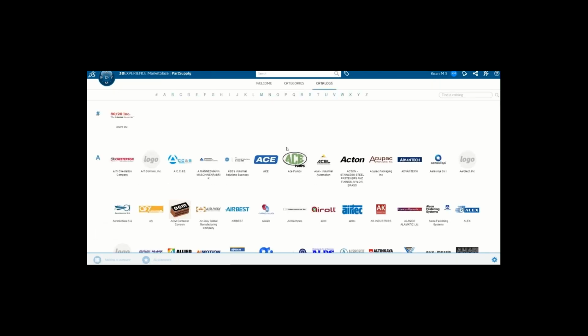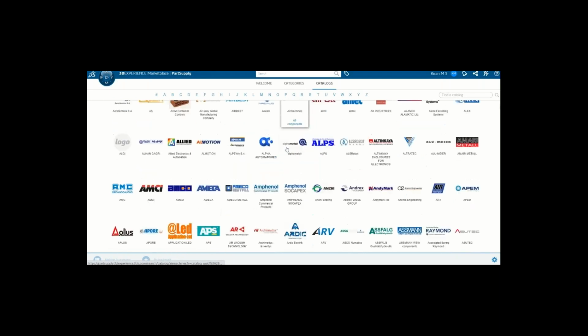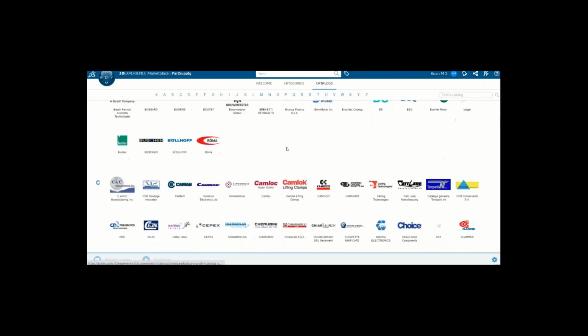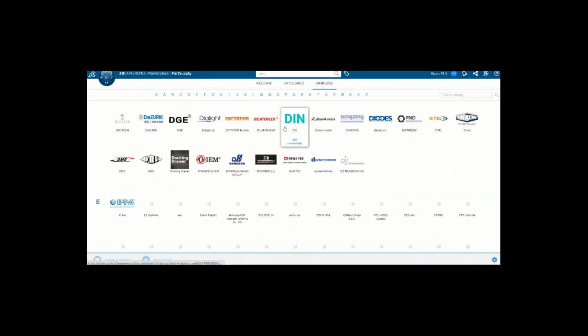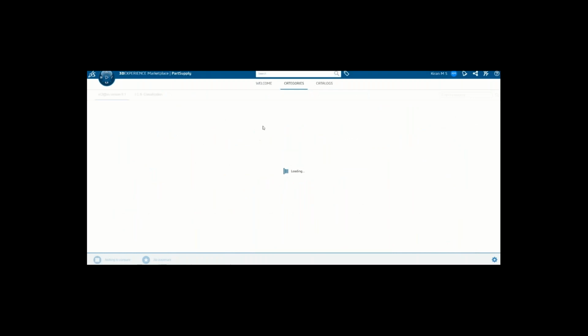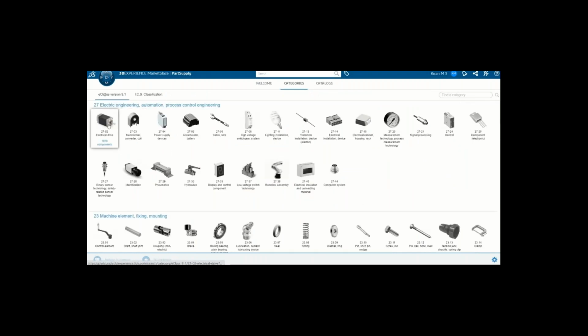There are different categories and different catalogs available inside the part supply. A lot of customers are available inside the part supply itself. It is like digital marketing, we can say.